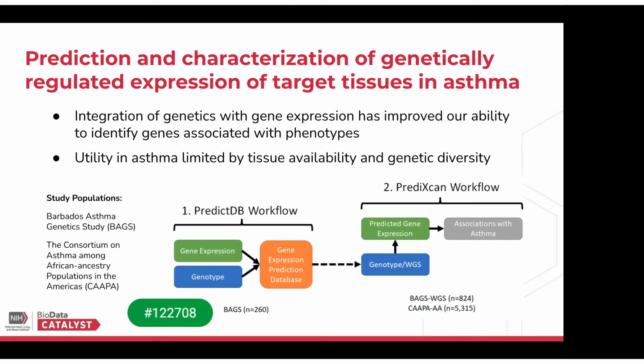As part of our fellowship, we took publicly available scripts for the PrediXcan family of methods and wrapped them, creating new tools on the Seven Bridges platform of the ecosystem. If you look at the diagrams on the bottom, in the first workflow, we took gene expression data from CD4 positive T cells from the BAG study, which stands for the Barbados Asthma Genetics Study. And we ran elastic net models to predict each transcript, each gene, from the genotype data that was available on the same subjects.